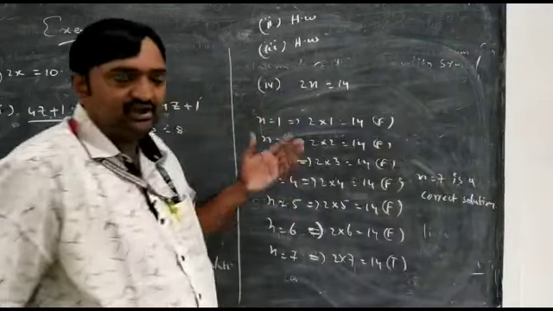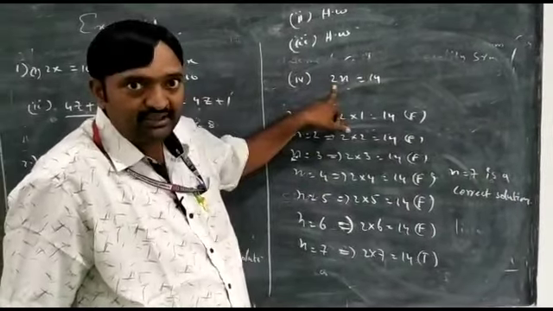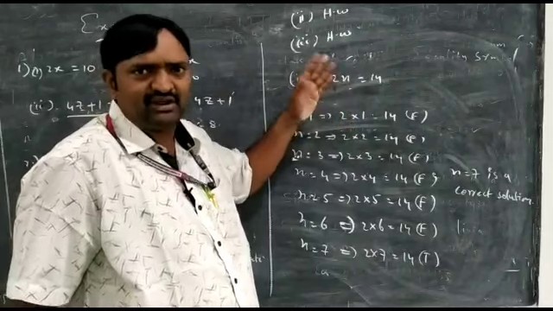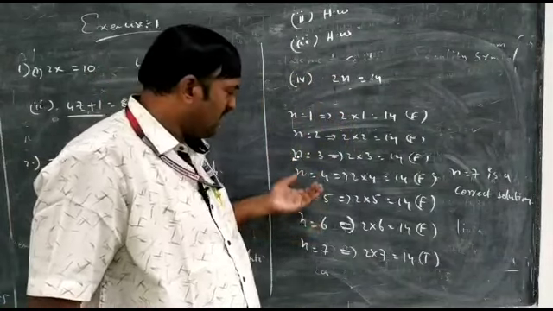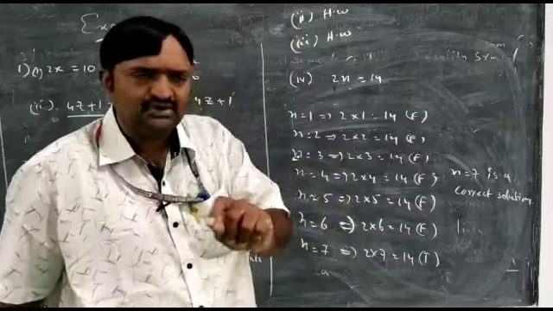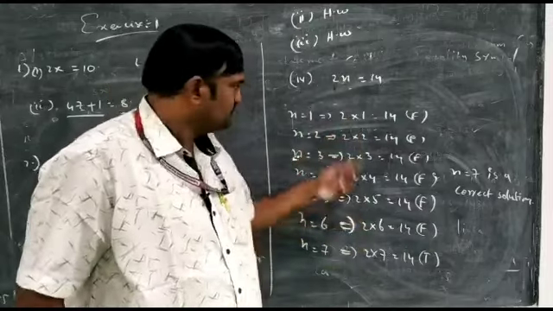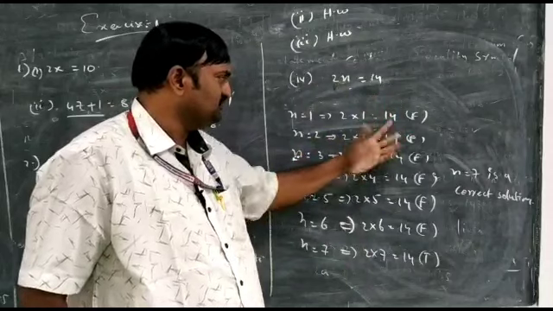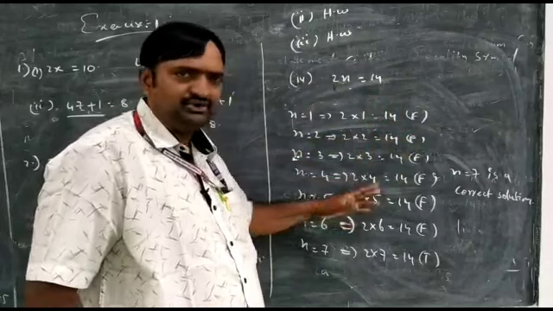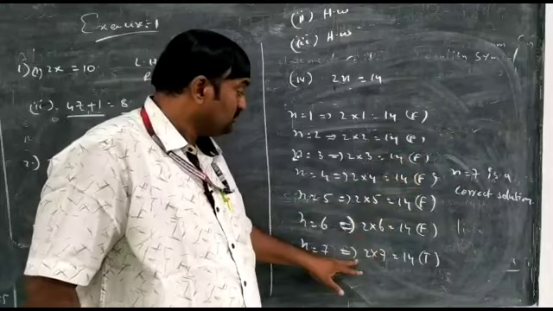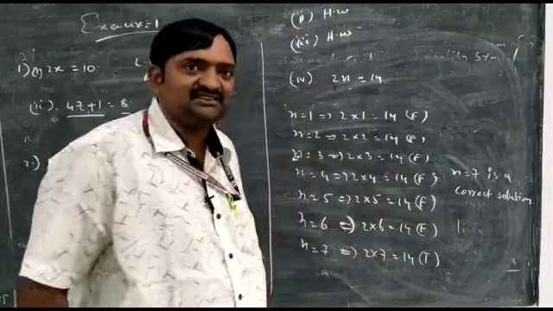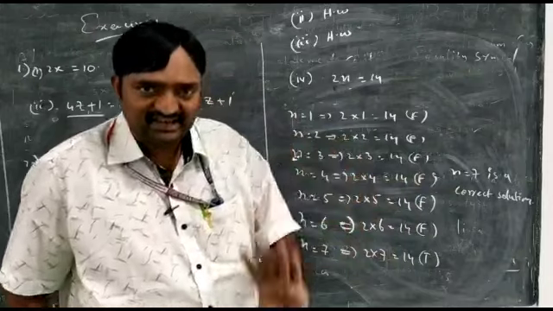Now you understood it. 2n means 2 into n. In this, you take numbers one by one, 1, 2, 3, 4, 5, up to the number that makes the equation true. See here, 2 into 1, false. 2 into 2, 14, not. 2 into 3, not 14. 2 into 4, 8, not possible. 2 into 5, 10, not possible. 2 into 6, 12, not possible. 2 into 7, 14, is the correct answer. Therefore, n equal to 7 is the correct solution.